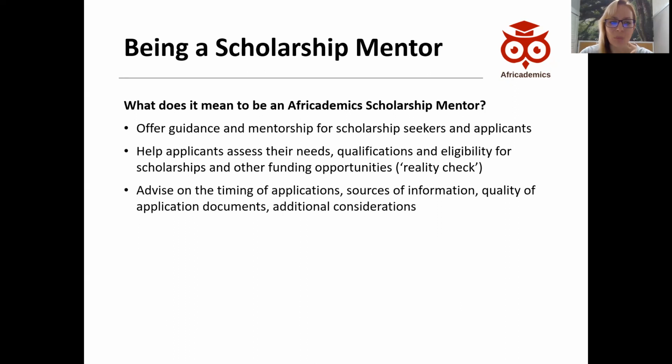And then in more practical terms, you can also advise on timing of applications, when to get started, how long does it take, where can I find scholarship information, what's a quality application in terms of the documents submitted, and what other facts and figures and information should you consider if you're looking for a scholarship.